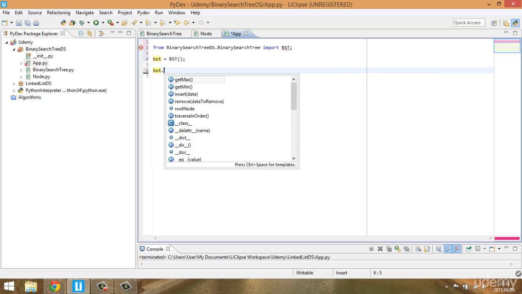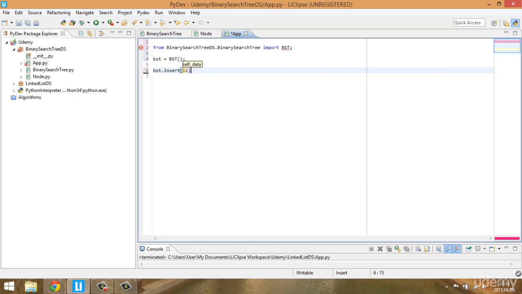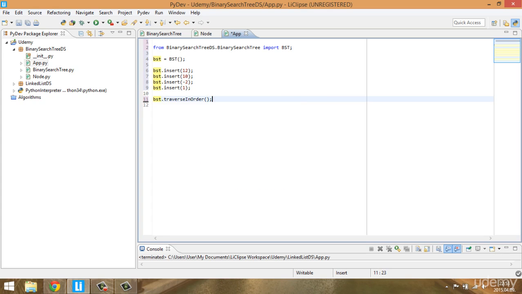I will have a bst.insert 12. I'm going to insert 10, -2, 1, for example, and I want to traverse in order. So if I run this,